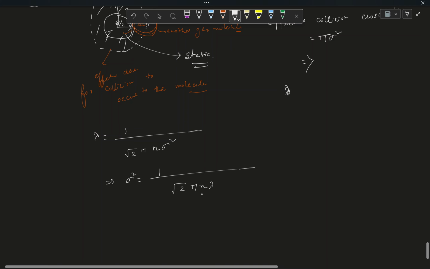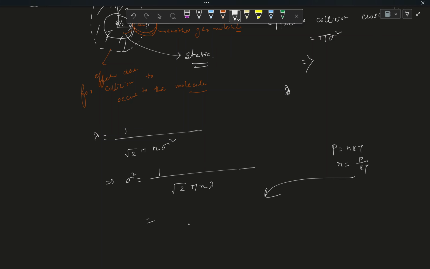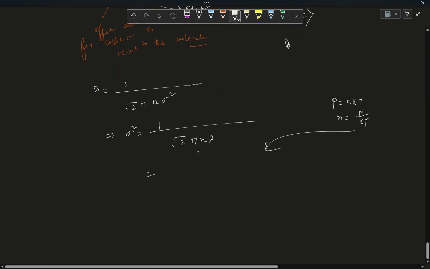Also, in the question you have this thing mentioned. This is the Clapeyron's equation of pressure, P equals NKT. That means n equal to p by kt. If you substitute that here, in the denominator it is p by kt. So this is basically kt by root over 2 pi